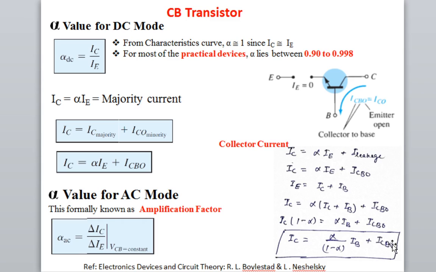With this, I will stop my lecture here. In the next lecture, I will start with the common emitter transistor configuration. I request all students to open your book and review whatever you have learned in your previous semester: the basics of transistor, working principle of transistor, and common characteristics curve, from your reference book.